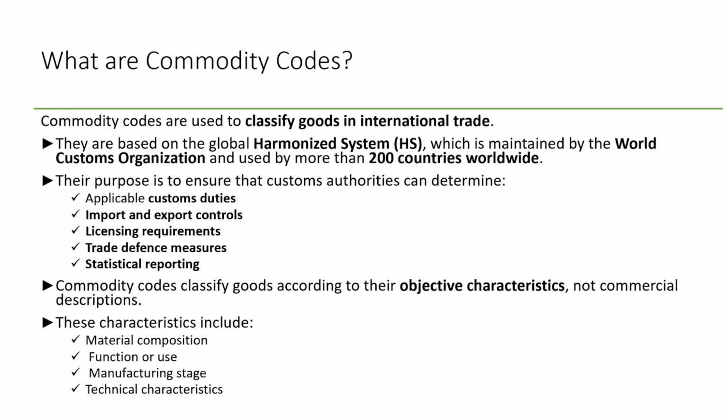Okay, so what are commodity codes? They're used to classify goods in international trade. They are based on the global Harmonized System, the HS system, which is maintained by the World Customs Organization, and it's used in more than 200 countries worldwide. The purpose is to ensure that customs authorities can determine applicable customs duties, import-export controls, licensing requirements, trade defence measures,